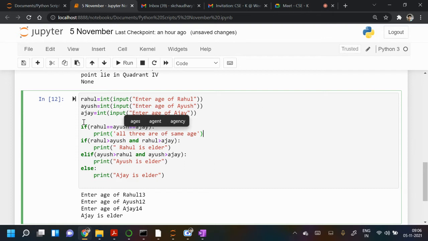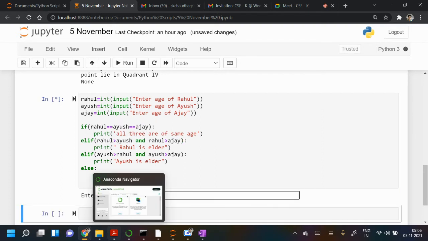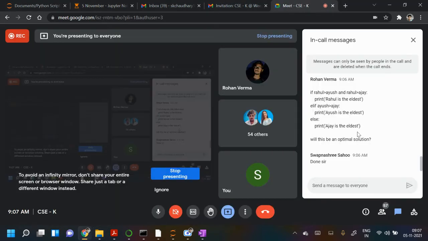You may also write pairwise comparisons. Just so you can avoid it. Otherwise, it's okay, all three have the same age, so Ajay is elder. In the beginning of the coding you can write like that. Otherwise, you can write more conditions. Can you check one stat? One minute. Okay, so you have done it in this way. Okay, okay.